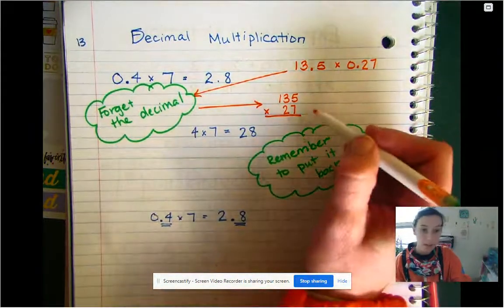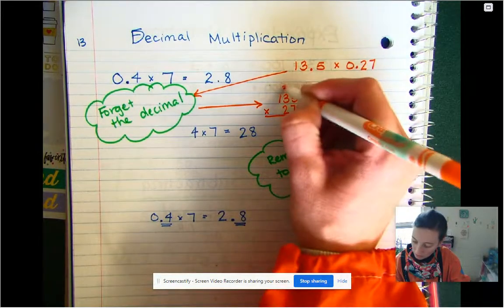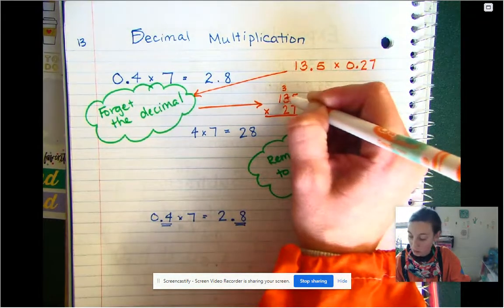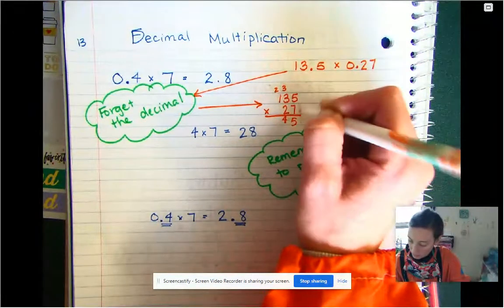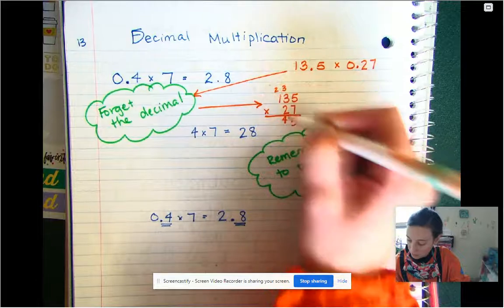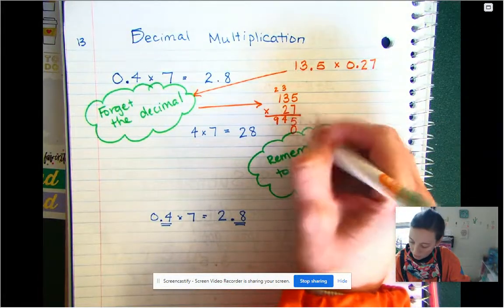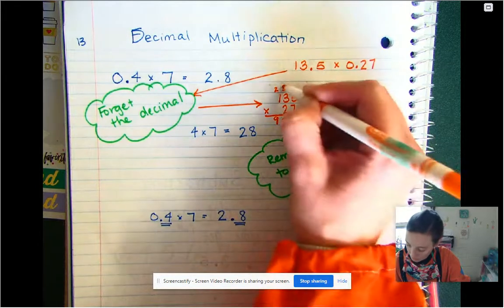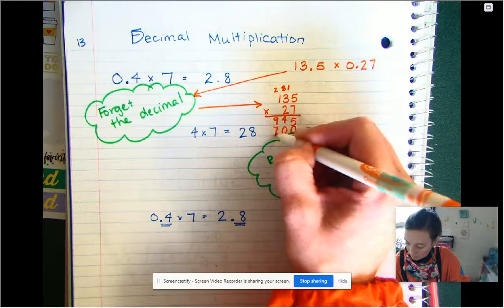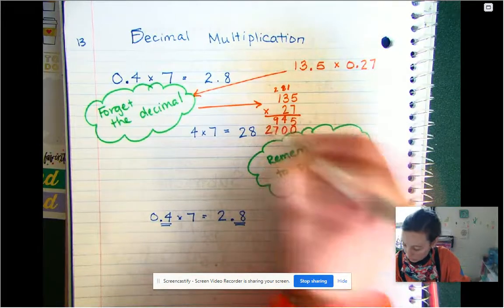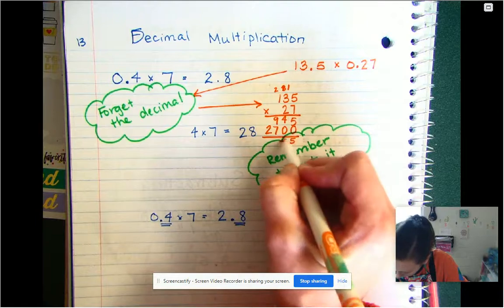Now I multiply just like I normally would. 7 times 5 is 35, carry the 3. 7 times 3 is 21. 21 plus 3 is 24. 7 times 1 is 7. Plus 2 is 9. Placeholder 0. 2 times 5 is 10. Carry the 1. 2 times 3 is 6. 6 plus 1 is 7. 2 times 1 is 2. Add them up. 5, 4,